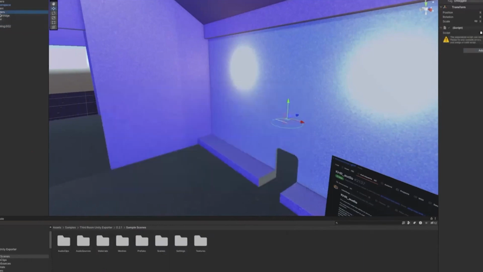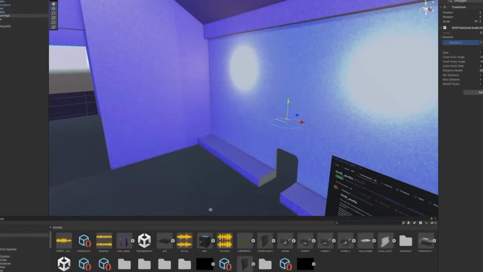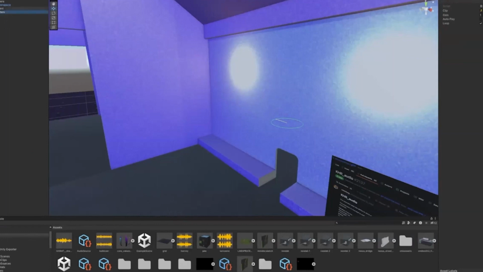And if I click on the audio emitter in here, you'll see that track 1 is an audio source. If I click on that audio object in Unity, I've got the ability to change the track, set the gain, make it autoplay or loop, and all of that is respected inside of the KHR audio extension that gets exported. That file is 4 megs, which tracks with about the size that I expected, so yeah, it works. Now once you've got that exported out, in my case, I tell my users to split the audio out because you're going to add a specific interaction to it, and I need it to be a separate file, just in my case.